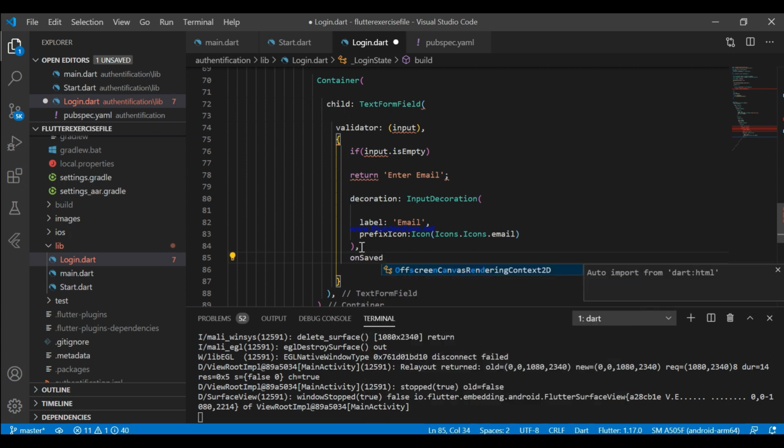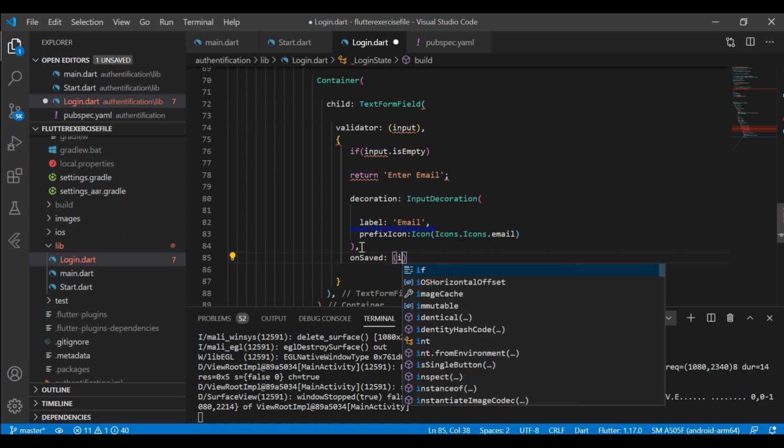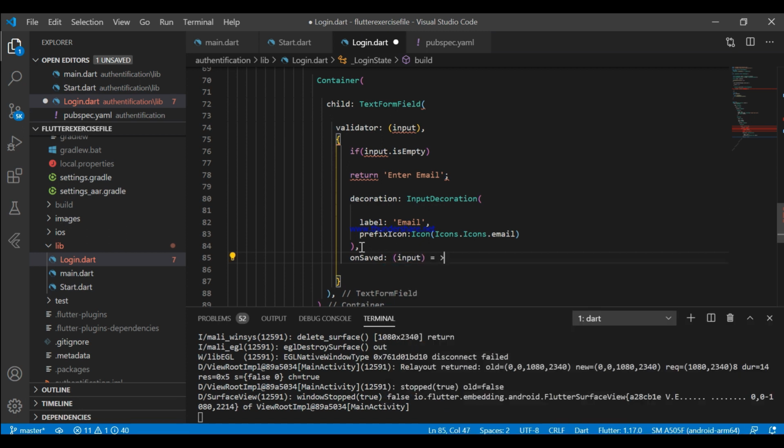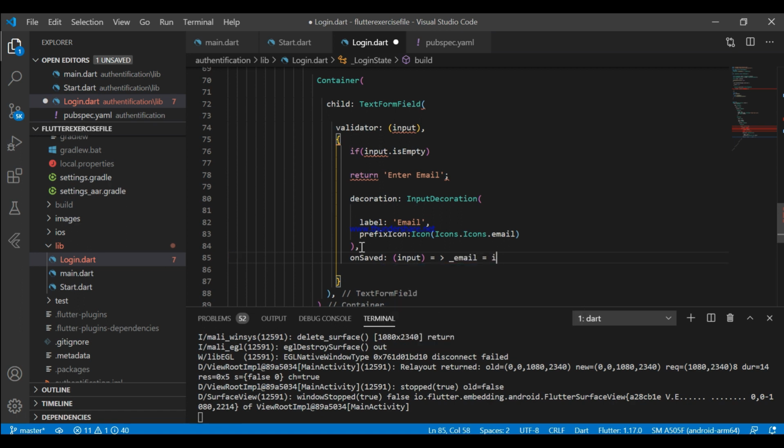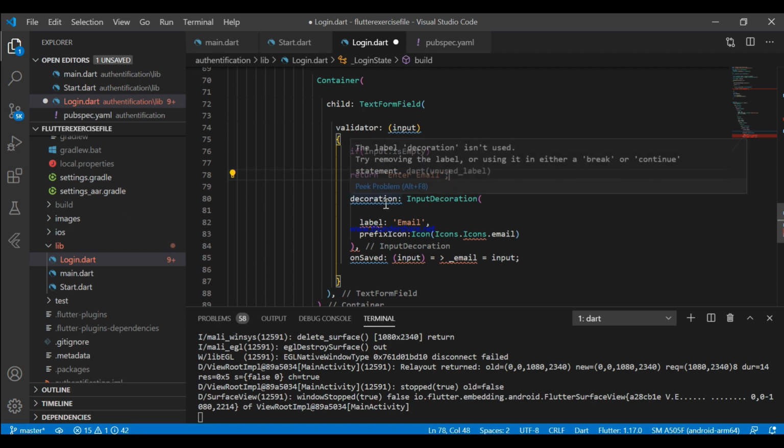Now let's save the input. Here we are just saving the input. Suppose the user has entered the email, then we are just saving the email. Copy this because we need 2 text fields, one for email and the other for password.